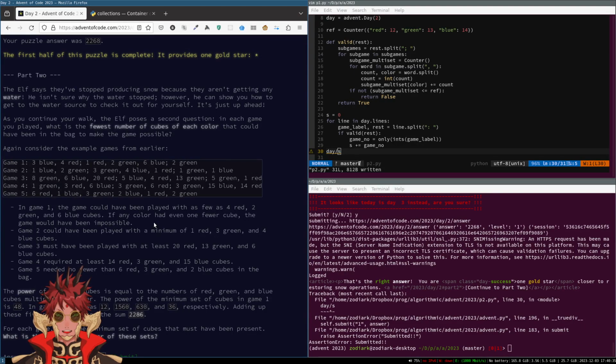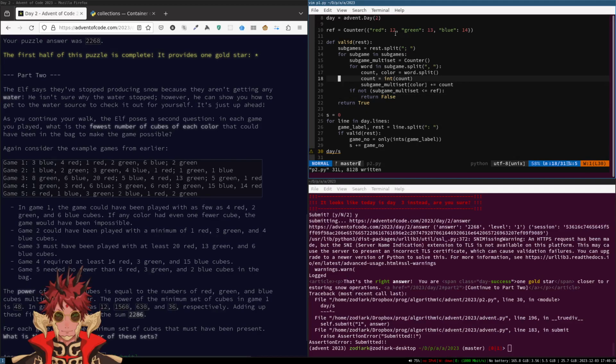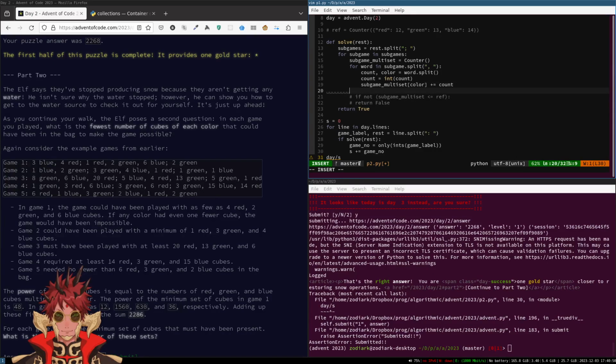The power. So that's fine. So we just need to deal with multi-sets. Okay. Valid is a terrible name for this function. I'll fix it. Solve. We're just trying to get a solution. So we just want it.